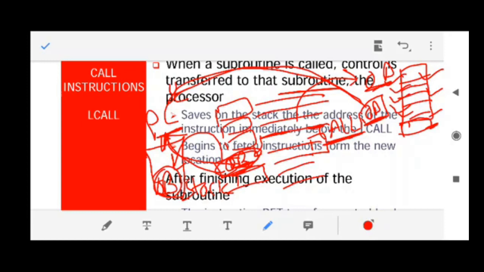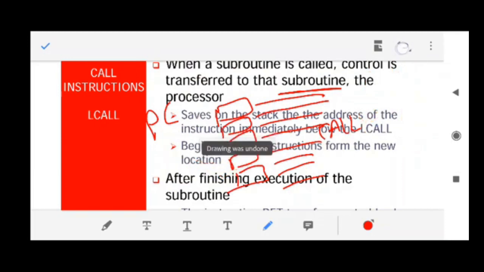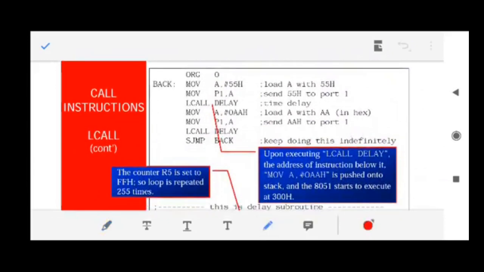Now what happens when you encounter the last line of your subroutine? The stack is checked. What is the value on the stack? The stack contains the address where your program has been left. So that address is now stored back to the program counter. So your 8051 now knows from where it has to restart the execution. I think it is now clear to you all. I'll take the example and explain the same thing again so that it is more clear to everyone. Let us move forward. So this is that example.